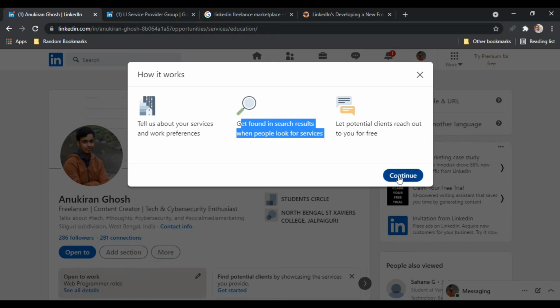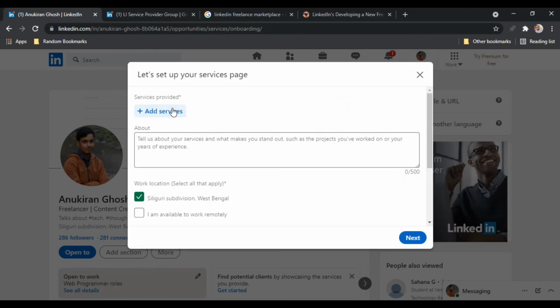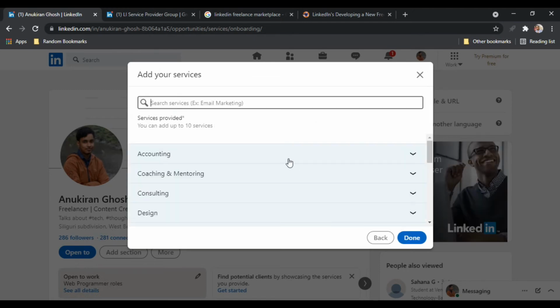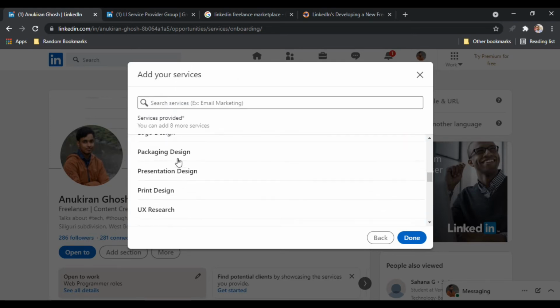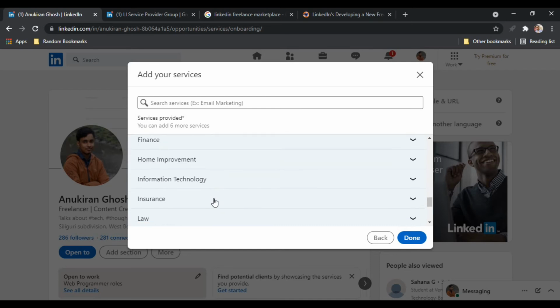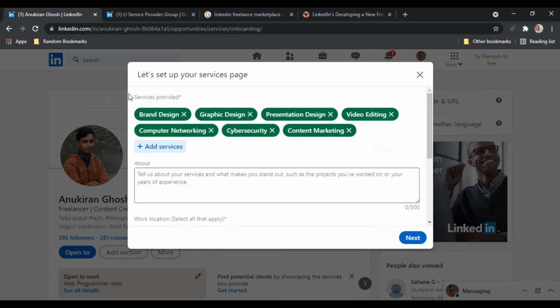Click on continue, and then you need to click on add services to list the services you provide. So after you select all the services you provide, click on done. And as you can see, all the services you selected will get listed here.